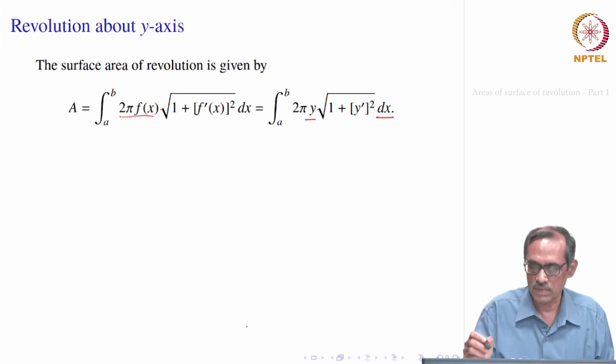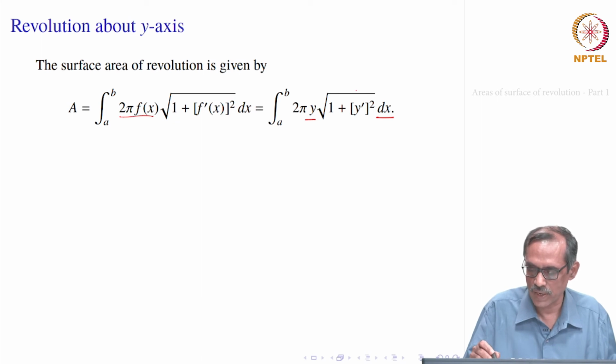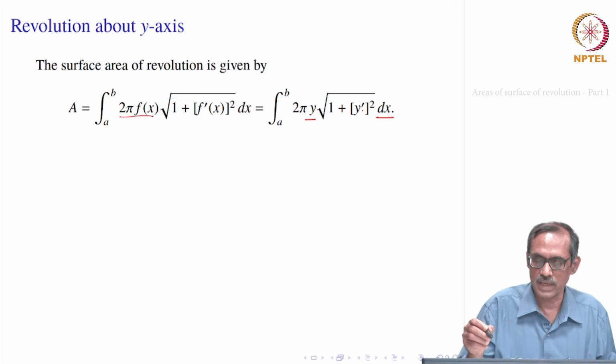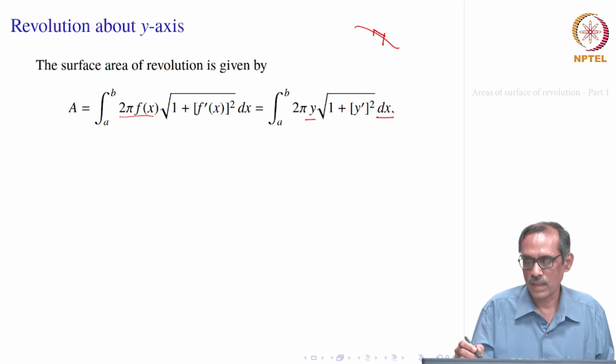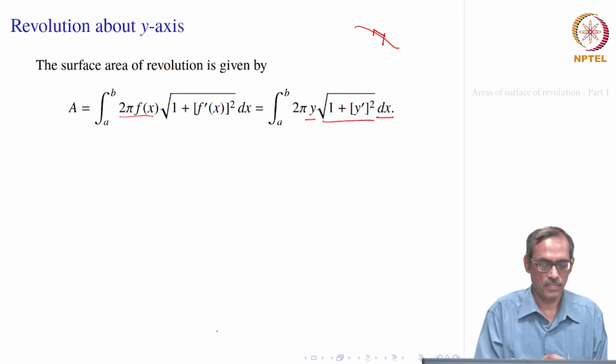So, here there is a common mistake. Why do we think of square root of 1 plus y prime square? Instead, you might take 2 pi y and just dx, but it is not so, because you are really taking the length over this curve. We are approximating, from x I minus 1 to x I, the length of the curve by a straight line here. So, that is really ds, not dx, not dy, right. So, that is why this factor square root of 1 plus y prime square is coming up.